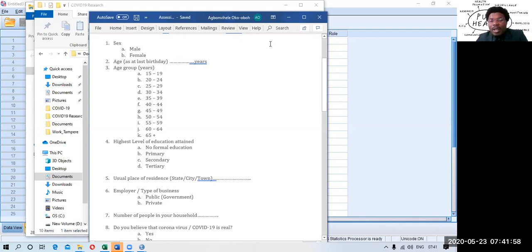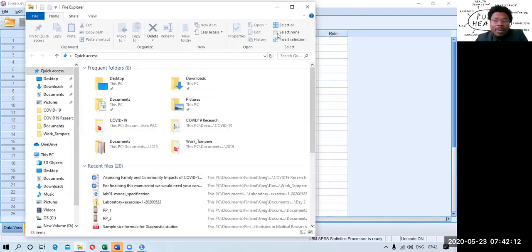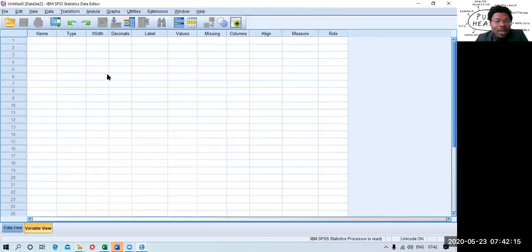So now let's take a look again. Remember this, because I may not be able to go back to this questionnaire again. All right. So knowing that, we can move forward a little bit. So how do we code? Now, the first thing is to remember the first variable or item there is sex. We usually don't start the name with a number, and in the course of the name, we don't use spaces. So for the first one, I'll simply say question, which is Q. I'll represent sex as